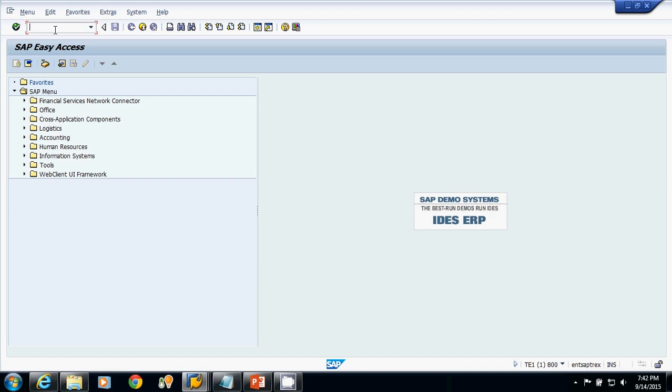Now whenever we are creating something in SAP, we always have to create it with a name starting with Z or Y. In future, if you want to identify what is a SAP specific object or what is a customer specific object: if its name starts with the letter Z or Y, it is a customer specific object. If its name starts with anything other than Z or Y, it is a SAP specific object.